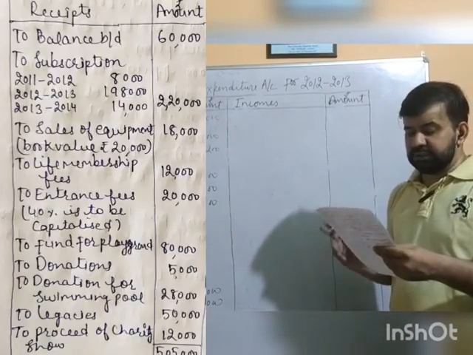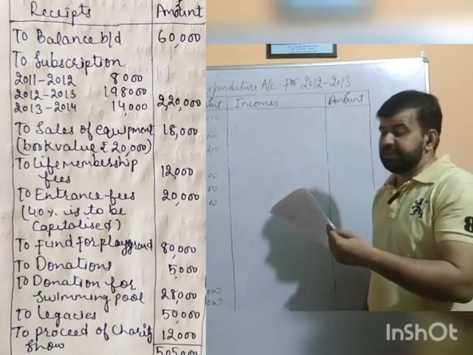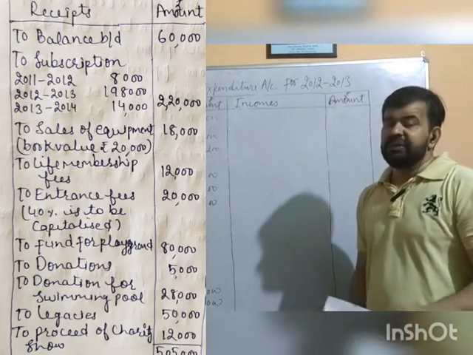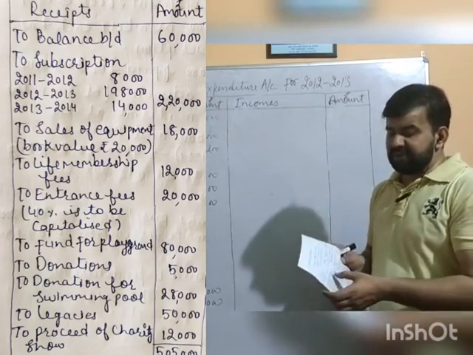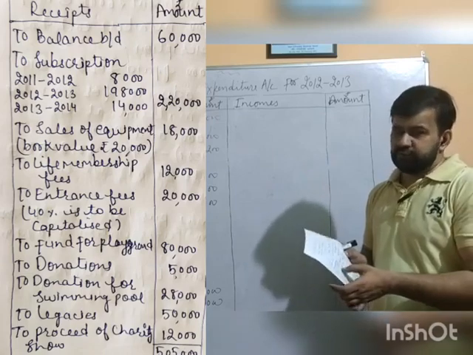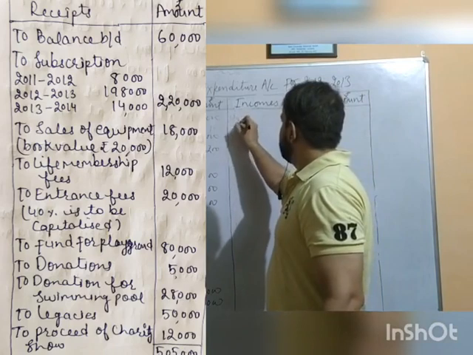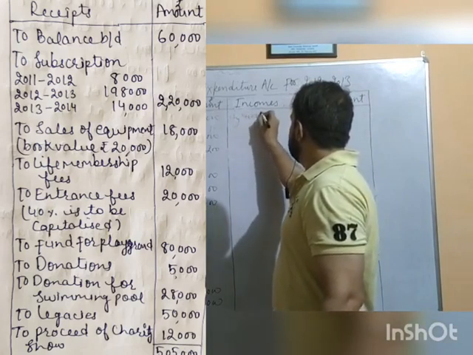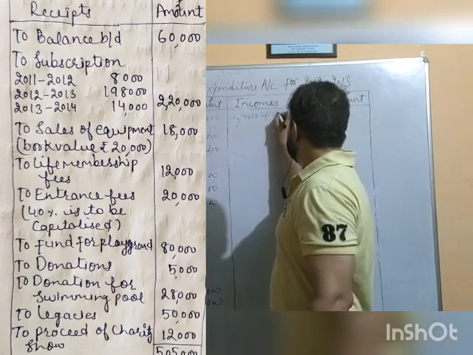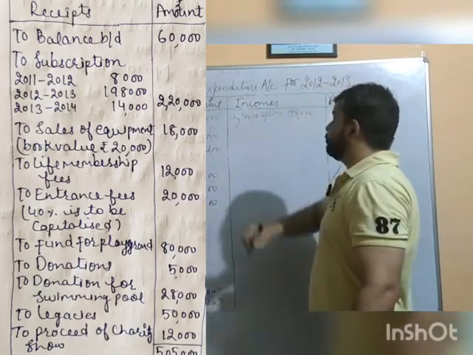The balance is to be shown in the opening balance. We have already shown subscription. Current year subscription we have to write here because it is classified as subscription. We have to ignore the subscription of the previous year received, 8,000, and the subscription received for next year, that is 14,000. Just write here current year subscription, 1,98,000. Here we need to read our first adjustment.